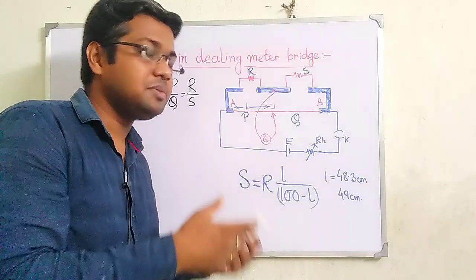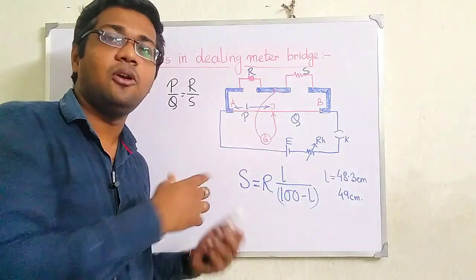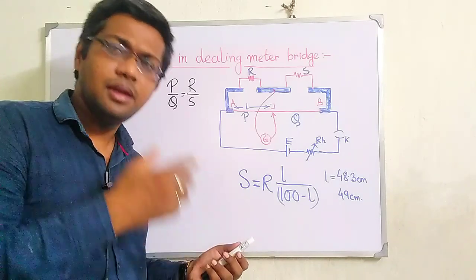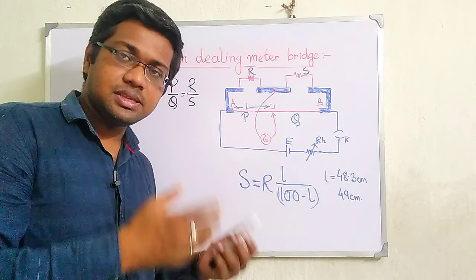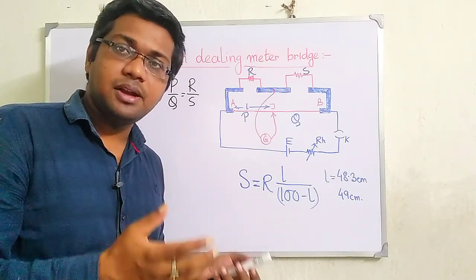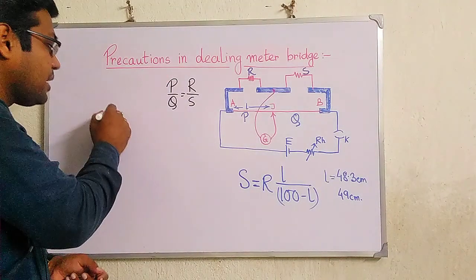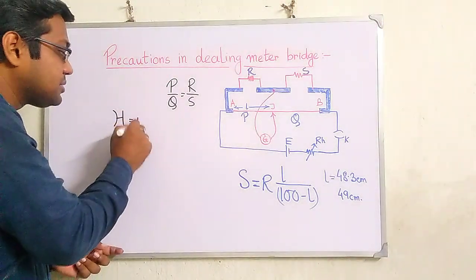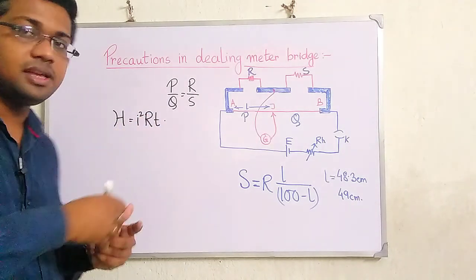If you have not terminated it, the current will flow through this circuit for a long time. Then the time of flow will increase. According to the formula H equal to I square RT, which is the formula of Joule heating,